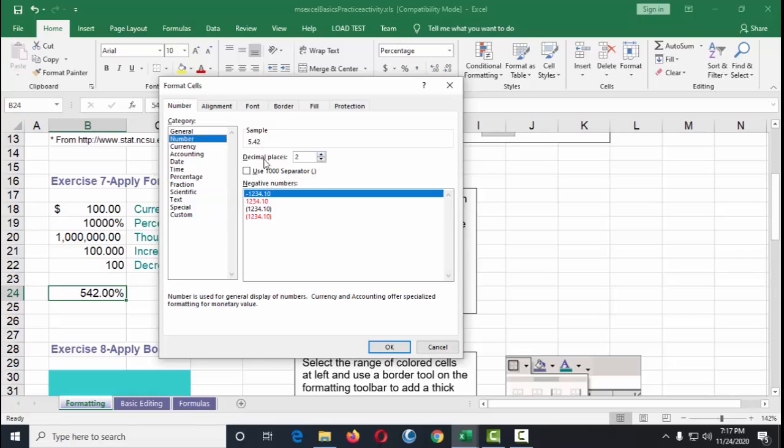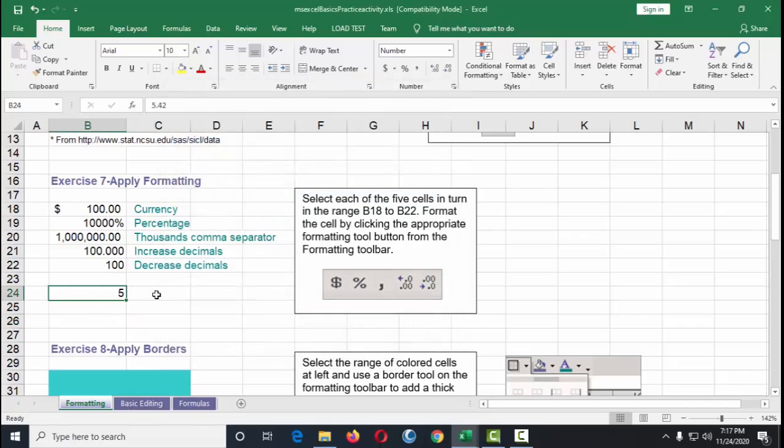You may or may not remove the decimals. For example, I don't like any decimal values because I'll be expecting whole numbers, so I'll remove the decimal places. So any number you enter here is going to be a non-percentage value already because I've set it to a particular format.